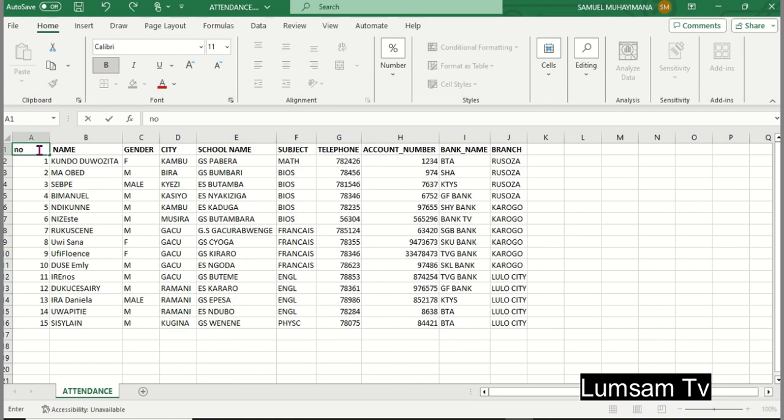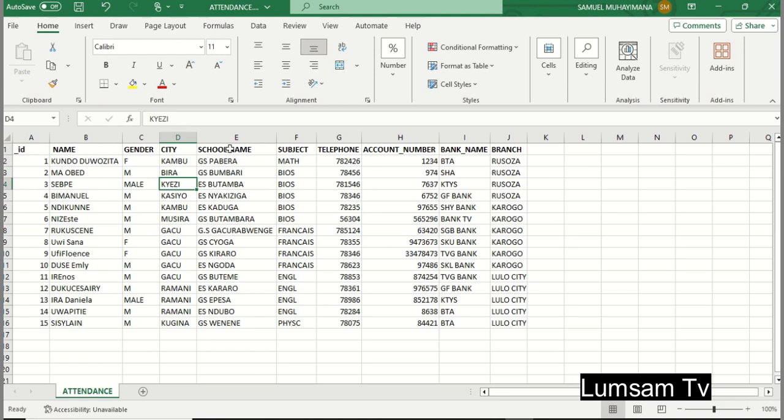So if we have this number, you have to change something. Instead of putting number, you put underscore ID so that your MongoDB can accept it. Okay, then here no problem.